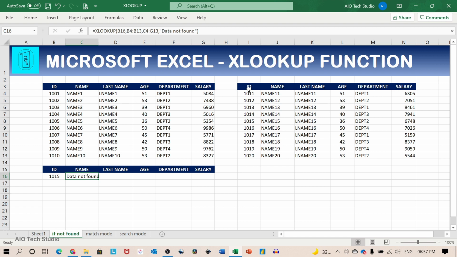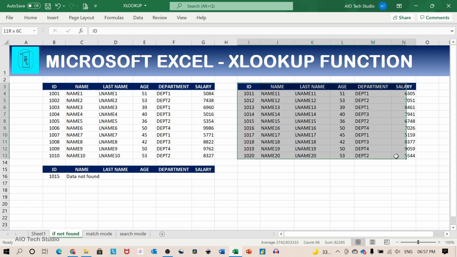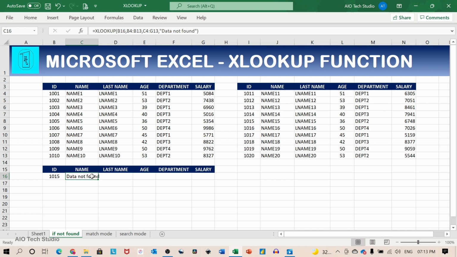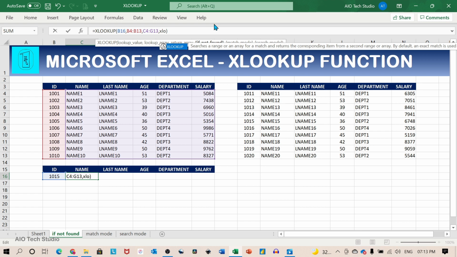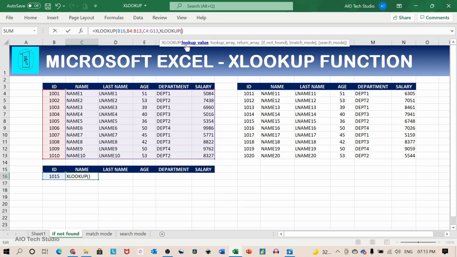But this lookup value can be found in a different data set. That's the bonus tip of this tutorial. So let's see how we can find the lookup value in multiple data sets. Instead of hard coding the fourth argument, we can have one more lookup function in the fourth argument. The lookup value remains the same.